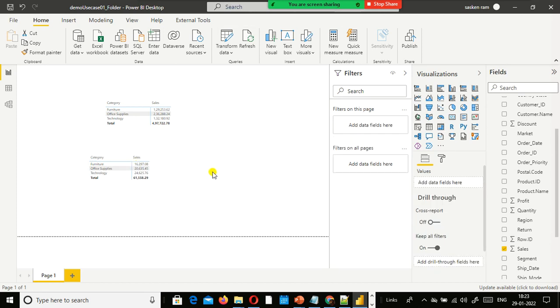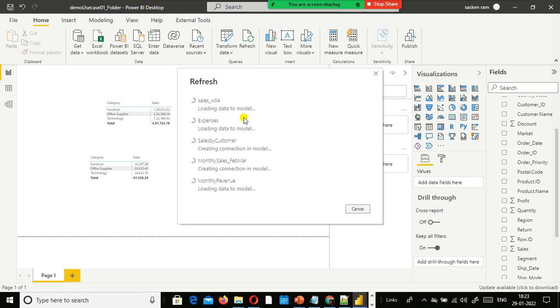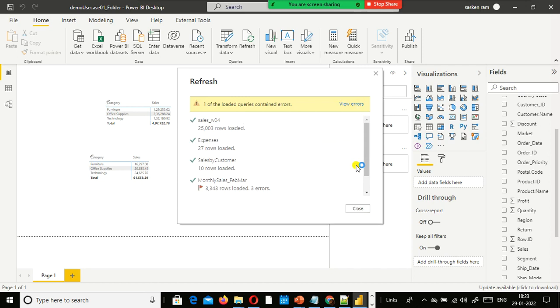This shows only the current month, the recent month. Once again I refresh it. So let it be there. Okay, the error is there. It's not only 3 errors, but anyhow the data got loaded. It is not rejecting it. Fine.